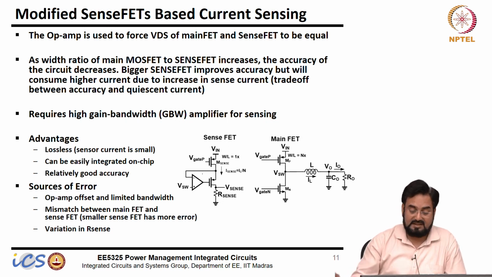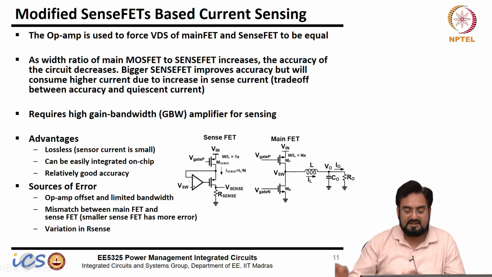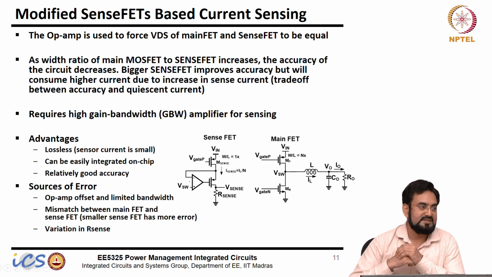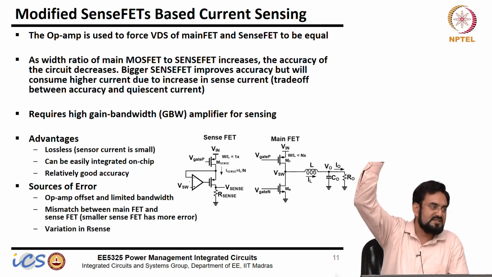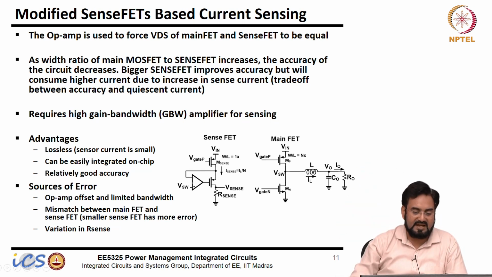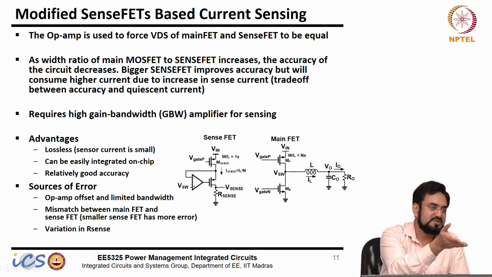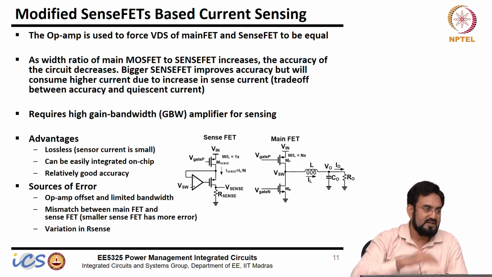So it's not very easy to implement. Let's say I have kept the gain bandwidth of this very high according to a 50% duty cycle. Now assume what will happen if the duty cycle goes to 10%. Your current will rise much faster. So now this amplifier has to track this voltage much faster. So the bandwidth of this should be based on the maximum slope of the current.